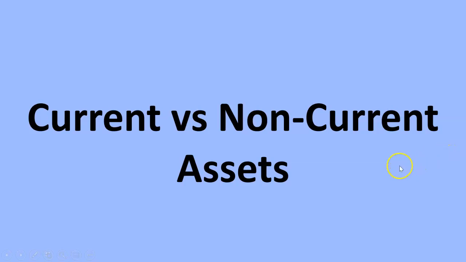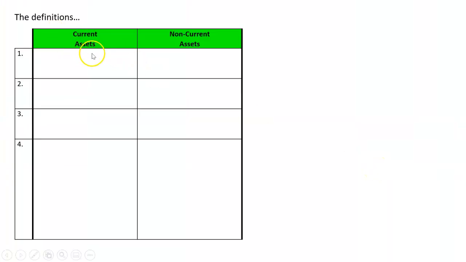Now we know what a classified balance sheet is. It's just a balance sheet broken into current and non-current sections. We need to look at what the current and non-current assets are. What's the difference between both? So what we'll do is look at the definitions. So the definitions of current assets we're going to put here, and the definition of non-current assets we're going to